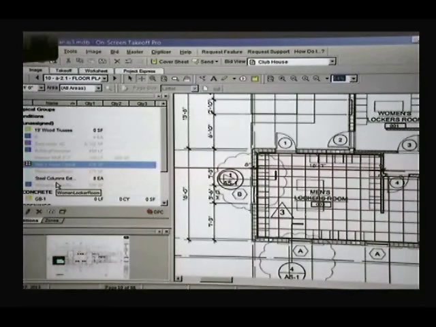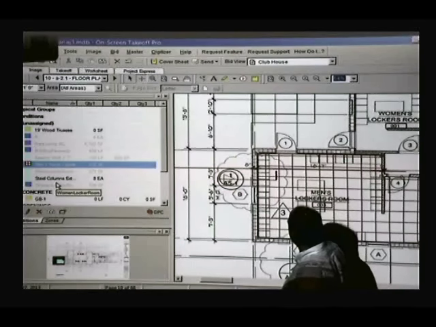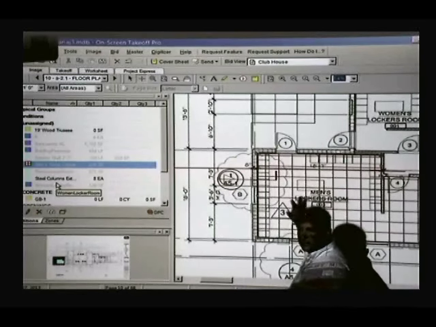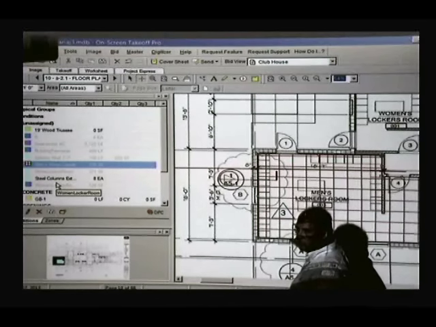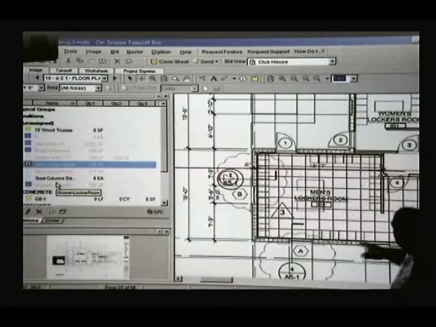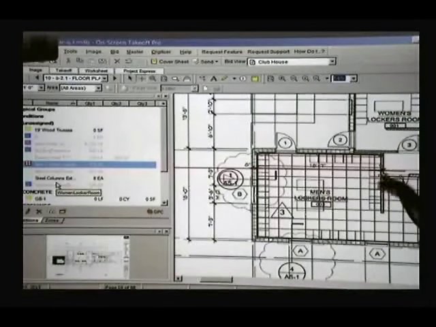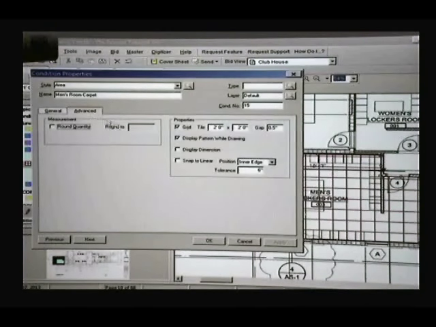So now look at what I have done. I chose my condition, my area condition. I went to the advanced tab and I created a grid 2 by 2. So now I can see how the tiles will be laying on top of that room, right? So that's interesting because when you do that, when you go to the advanced and you select this grid display pattern we're drawing,